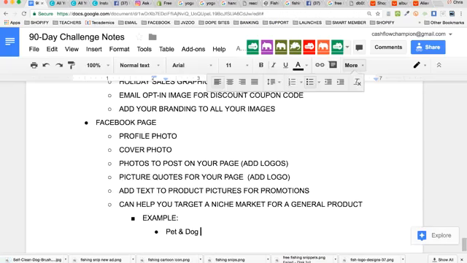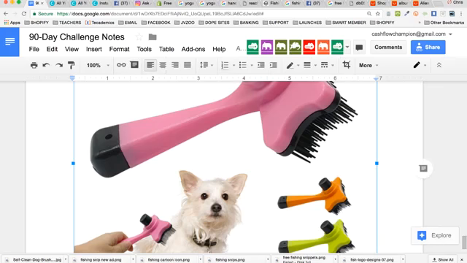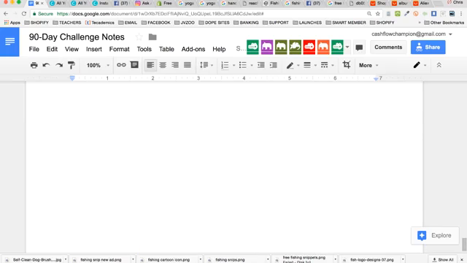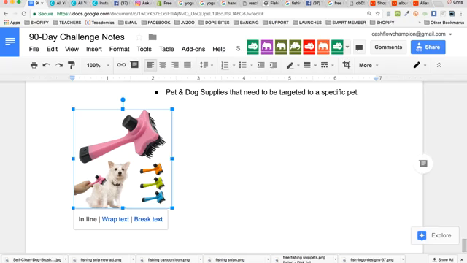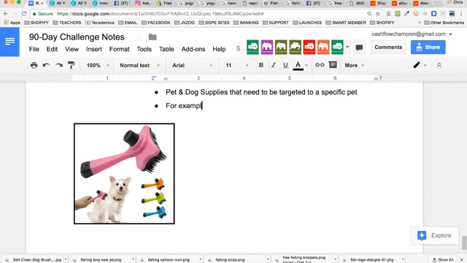So let's go through an example: pet and dog supplies that need to be targeted to a specific pet. An example for that would be this image right here. Let's make this thing small. I don't want it this big. Let's make it tiny. This image right here is an example. For example, this image clearly targets